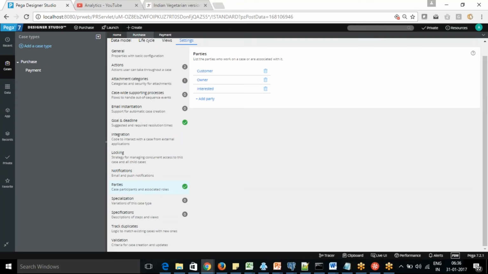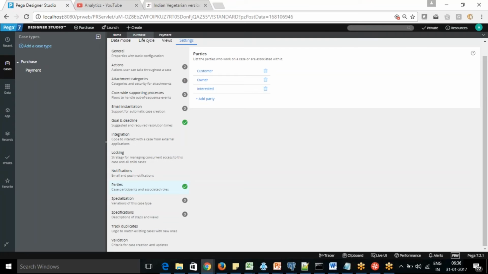And there are some other persons who will be interested in your case. They are not going to be involved directly in your case, but they need to approve, or review, or just want to know what the outcome is, for reporting or anything. So those will be interested parties.